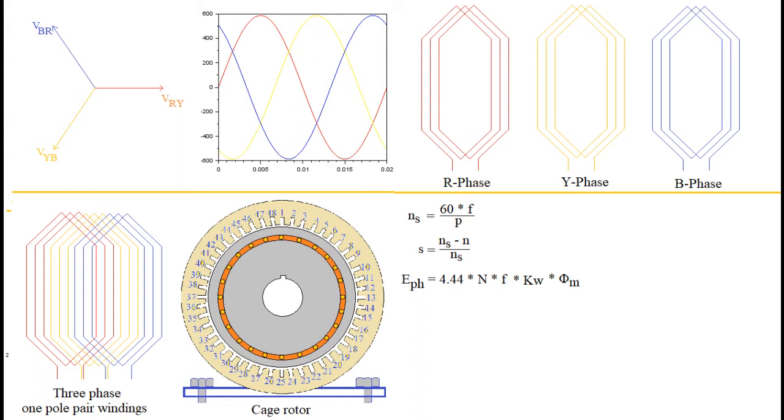These three currents are also away from each other by 120 degrees or 2 pi by 3 radians. It is important to understand the difference in time for three phases of current and the corresponding three phases of magnetic flux. Magnetic flux is away from each other in time as well as in space. Flux and currents are in phase on the phasor diagram.